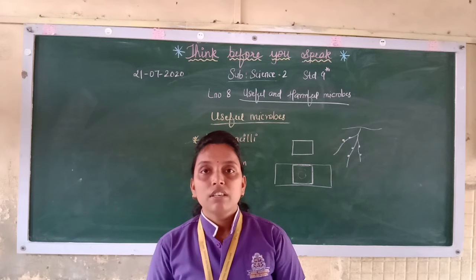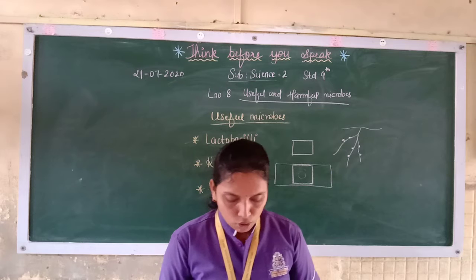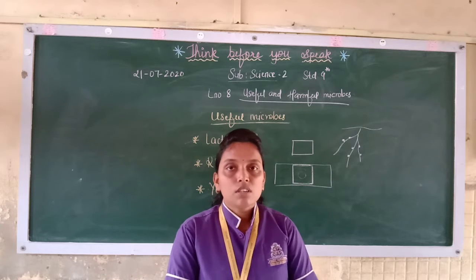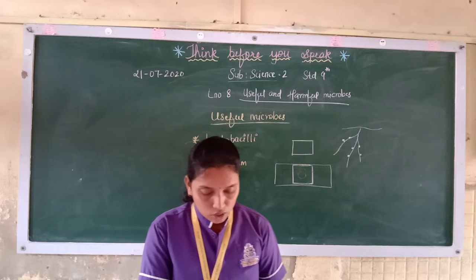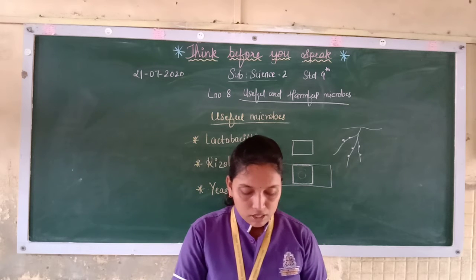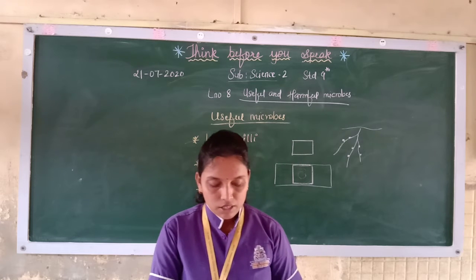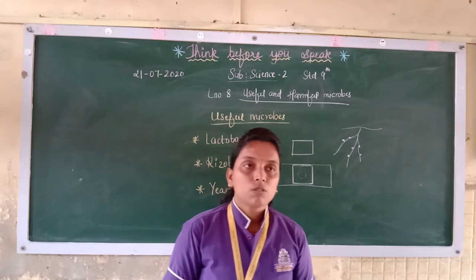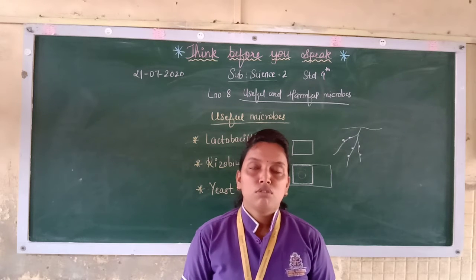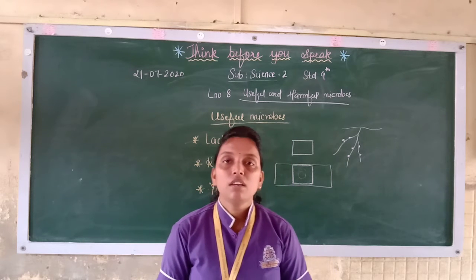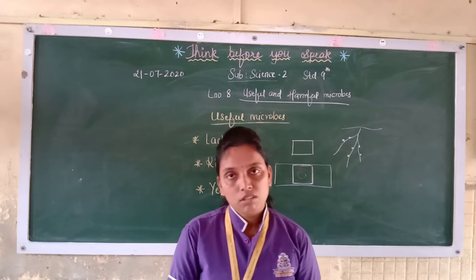This is known as inoculation. To put something in, that is inoculation. So you are putting rhizobium in the plant, so that is known as rhizobium inoculation. This experiment has helped in the supply of nitrogen to the cereals and other crops besides leguminous plants. To the cereals also. Cereals are the dals that you eat. And the other crops also. So they are helping not only the leguminous plants but also the other plants too.